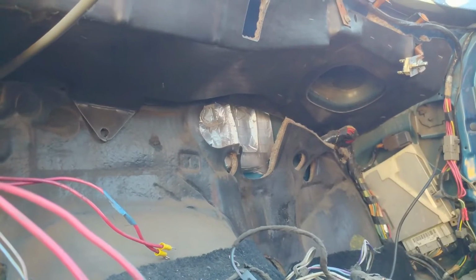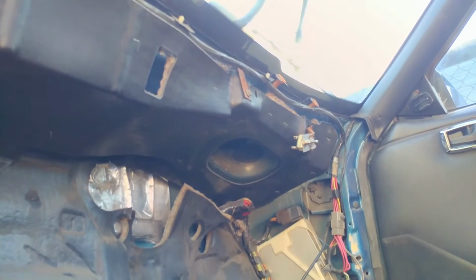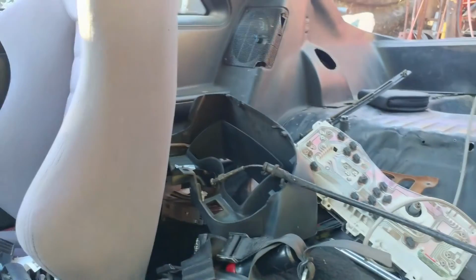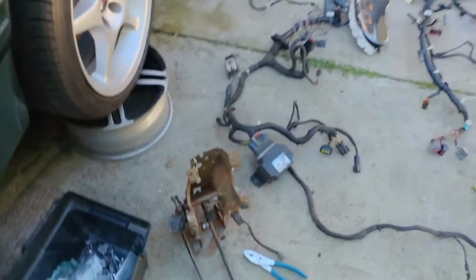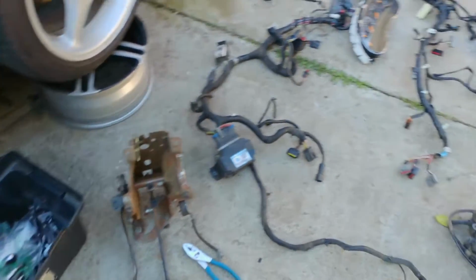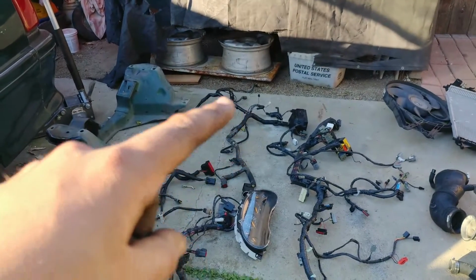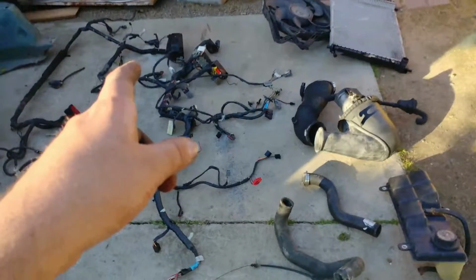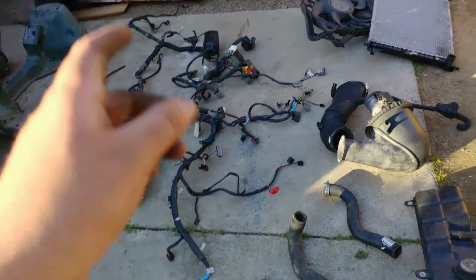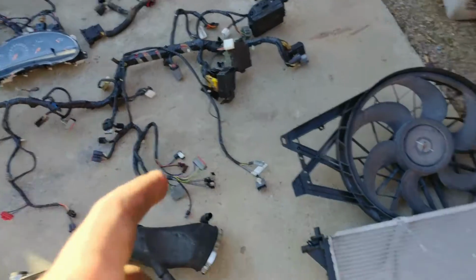Another view of what I need to patch up. I don't think I'll be painting it, but I will be cleaning some stuff up. I might put a patch panel up there as well. What else? My stock Fox gauge cluster, housing bezel, whatever you want to call it. Let's see. Yes, I took out my column and my pedal assembly. There's all the wiring. I have all the wiring that goes from the fuse box, under the radiator and around it, under the dash, cluster wiring, engine bay harness, injector wiring, the fuse box inside, the fuse block in the engine bay, inside the cabin, fan wiring, radiator for now,